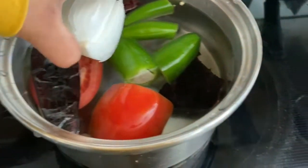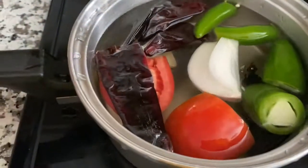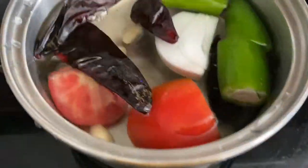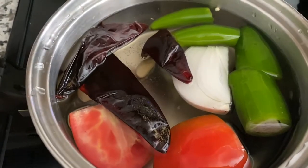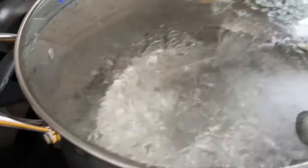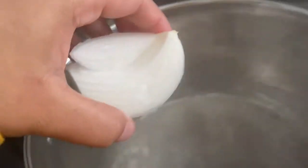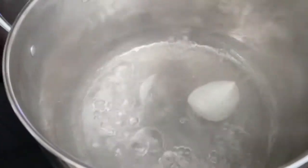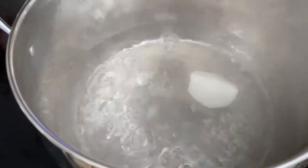Alright guys, so here are my ingredients all chopped, and they're gonna boil till softened, and then we're gonna blend. And look how quick this pot is. Like, bruh, it's already boiling. I just put it in. It's insane. Alright, we're gonna add our onion. Oops. Onion, and then we're gonna add in our